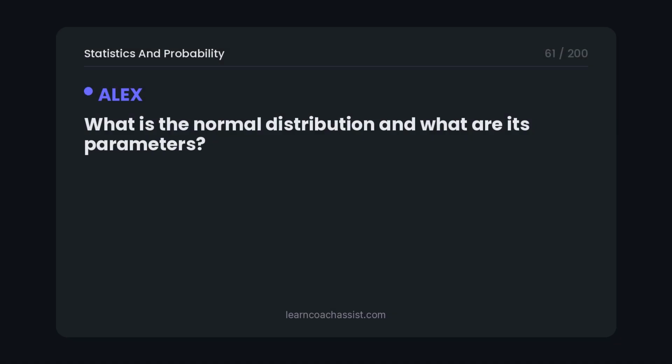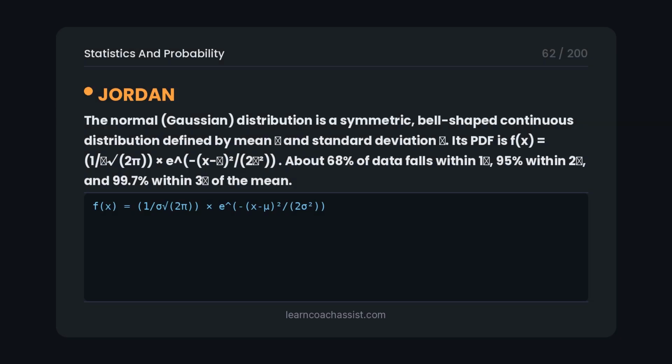What is the normal distribution and what are its parameters? The normal, or Gaussian, distribution is a symmetric, bell-shaped continuous distribution defined by mean mu and standard deviation sigma. Its PDF is f(x) equals 1/(sigma square root of 2 pi) times e to the power of negative (x minus mu)² / 2 sigma². About 68% of data falls within 1 sigma, 95% within 2 sigma, and 99.7% within 3 sigma of